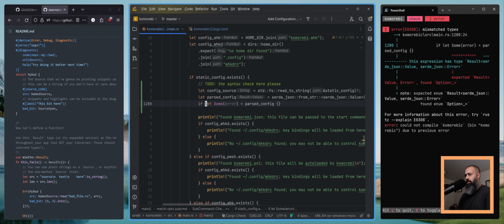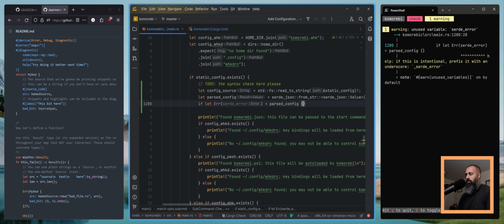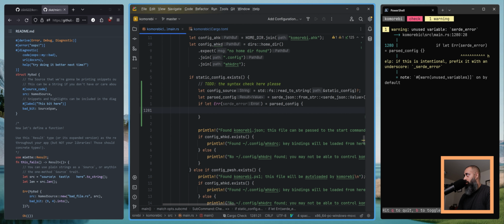Oh, right, it should be if let serde error. Ooh, but right, it's not error, it's err. The variant is named err. So if we have the serde error, we want to construct a configuration error,